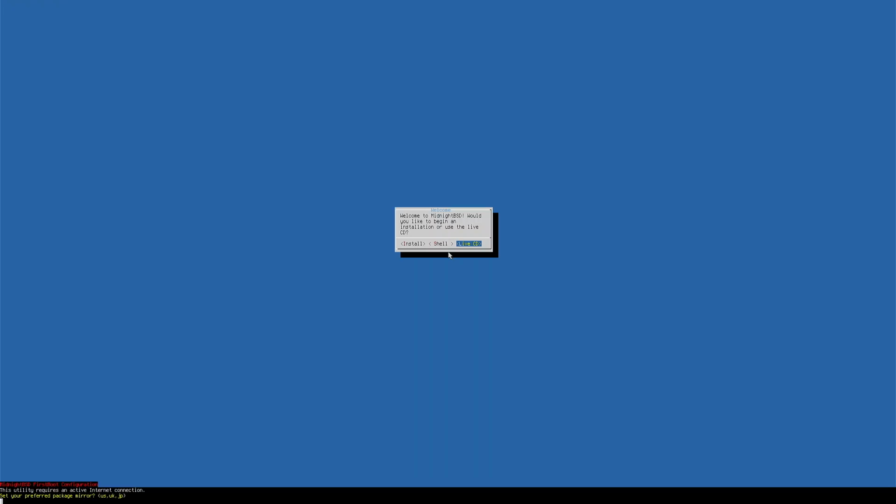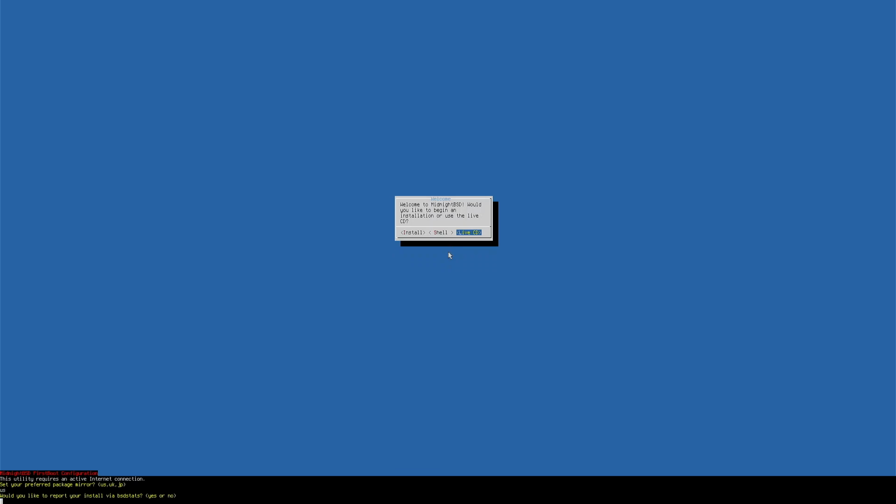Okay, so we do get a live CD with this one. That's good. I'll try that. This utility requires an active internet connection. Set your preferred package mirror. I am in the United States, so US. Would you like to report your install via BSD stats?